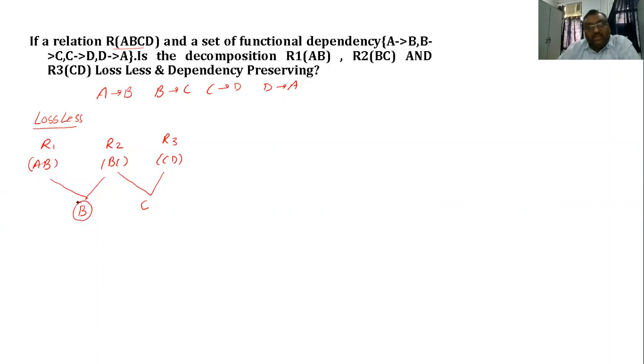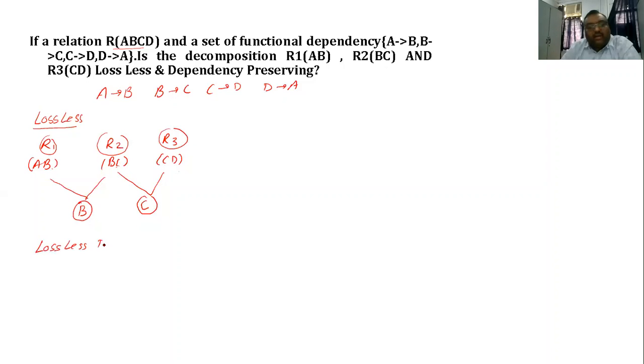If B is a candidate key in any one of the relations R1 or R2, and if C is a candidate key in any one of the relations R2 or R3, that is, if B is the candidate key in this or this, or if C is the candidate key in this or this, if any one of them holds, then we can say,